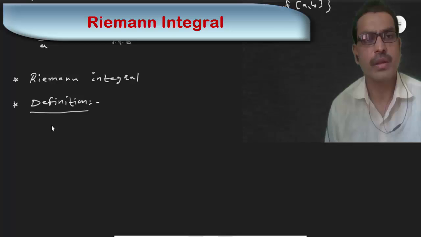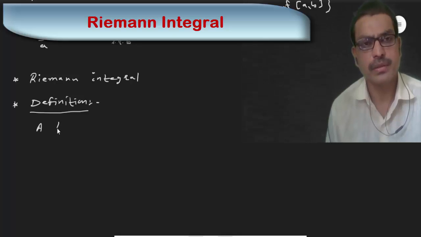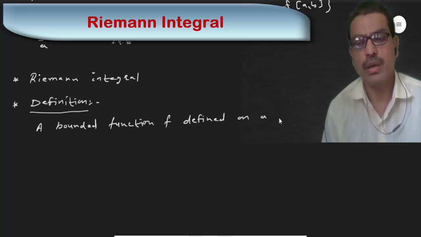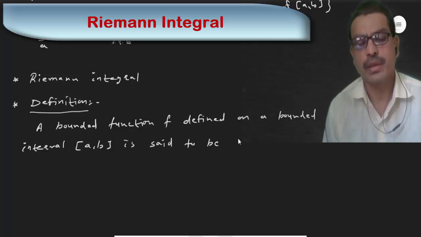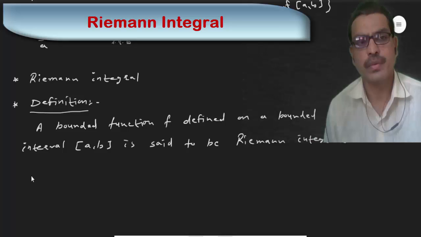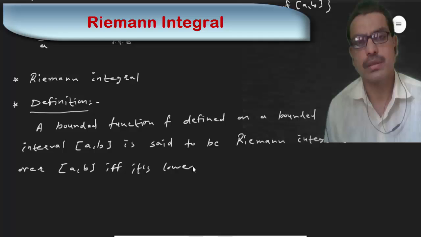Definition: in the Riemann integral, a function f is bounded. That is, here we write a bounded function f defined on a bounded interval, that is the closed interval [a, b], is said to be Riemann integrable over the closed interval [a, b] if and only if its lower and upper integral